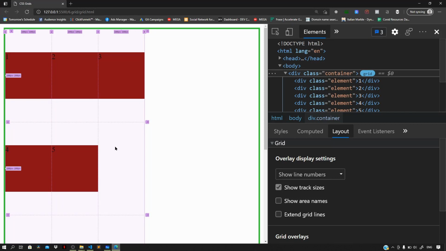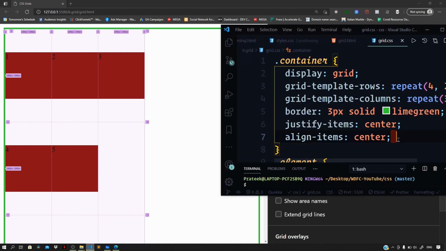With this in place, you can see each div with the class of element is now in the center of its containing cell. Now have a look at this grid. This grid is currently aligned to the left side of the container. We have 2 extra properties that we can use for aligning the grid inside the container. So we have the justify content property, which we can set to start,